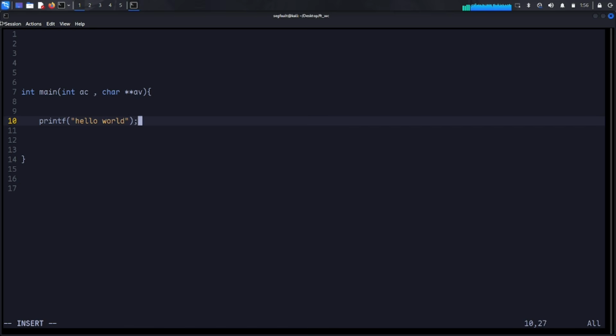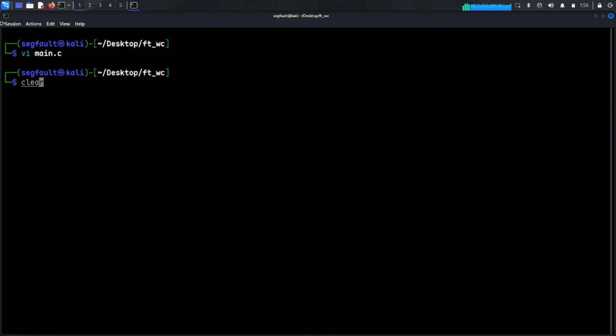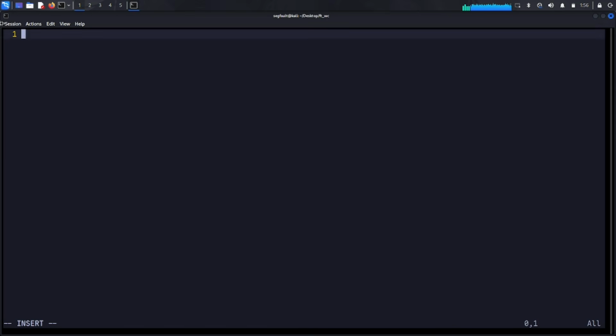Hello world and a simple new line, and here I'm going to include my header file. I'm going to name it wc.h like this, and I need to create it, so wc.h. Here I am trying to include my important header files, so include stdio and also the unistd,